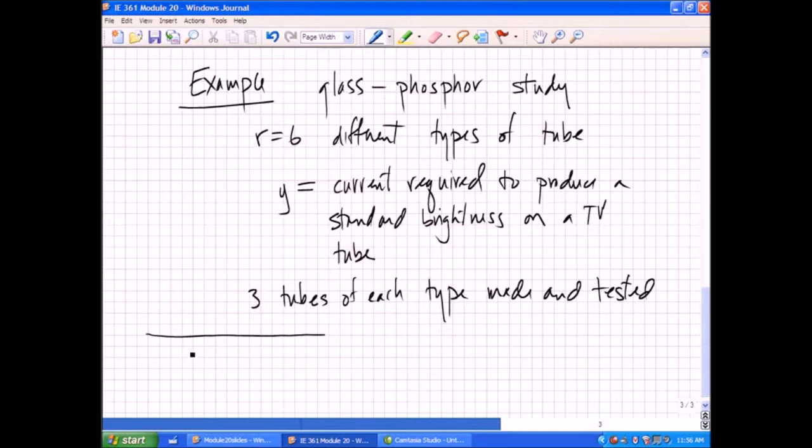And so I want to introduce here the so-called one-way normal model that we will use as the basis of our inferences in